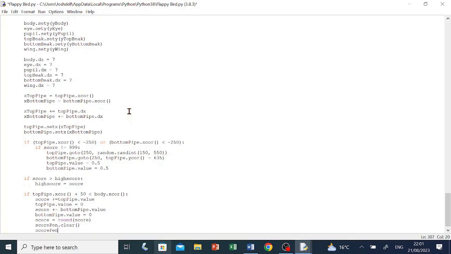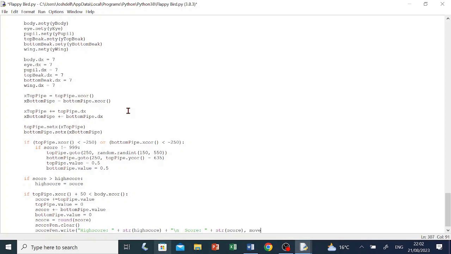Make sure score pen has a pen dot write open brackets open quotation marks high score colon space close quotation marks space plus space str open brackets high score close brackets space plus space open quotation marks backslash n space score colon space close quotation marks space plus space str open brackets score close brackets comma